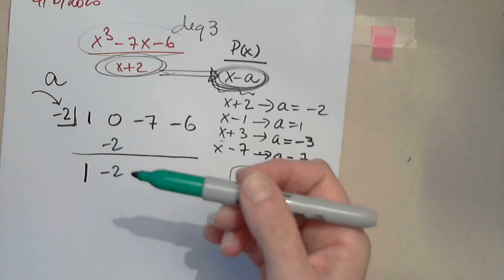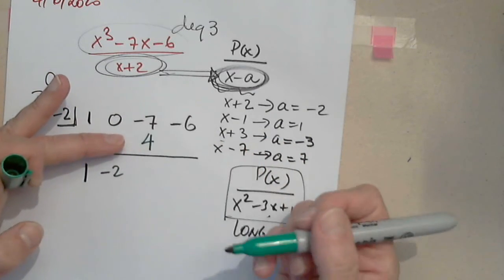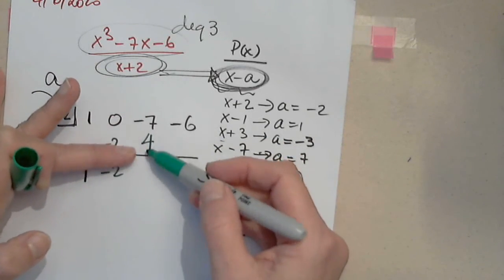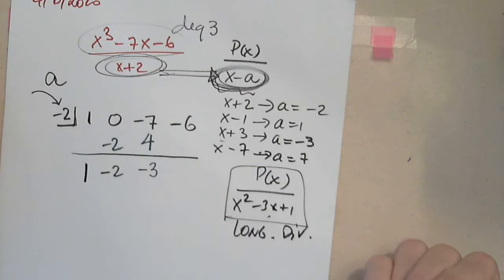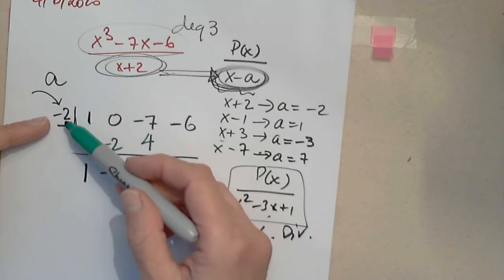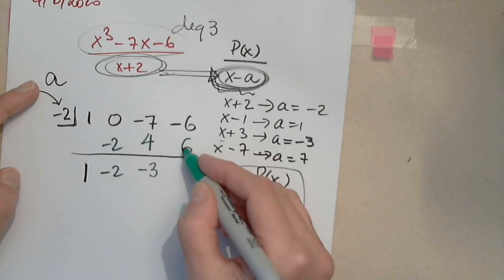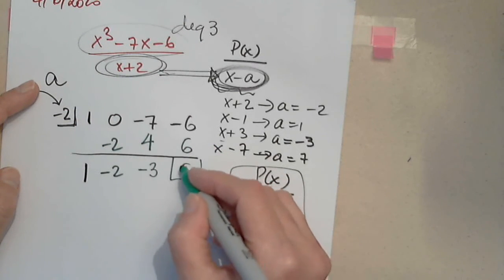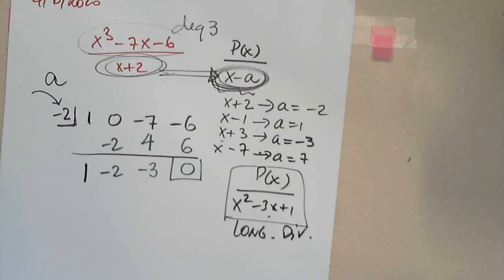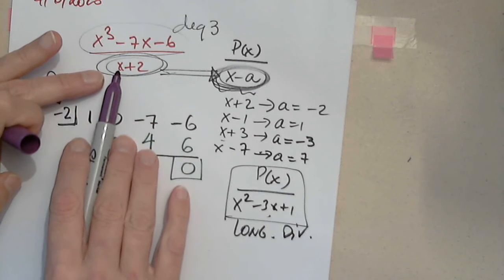Negative 2 times negative 2 is 4. And I copy the answer above the line. I perform the operations I see. And then I multiply again negative 2 times negative 3, which is positive 6. I write it above the line, and it happens that this is 0. So here's the result. When we divide degree 3 by degree 1,